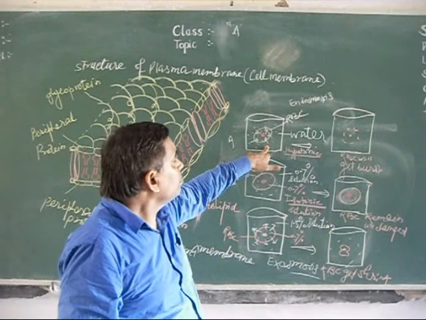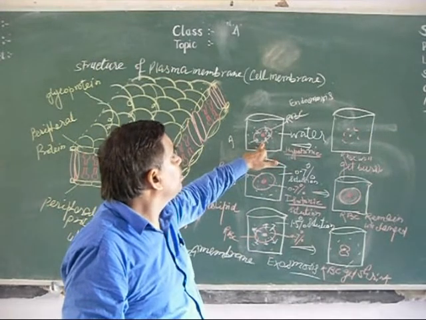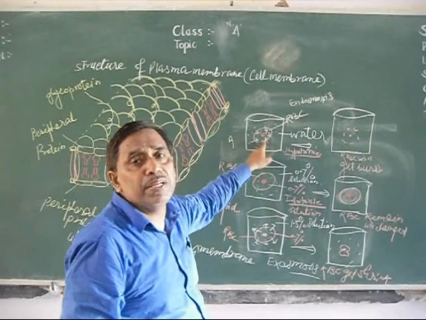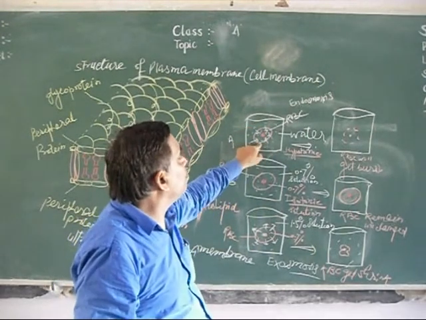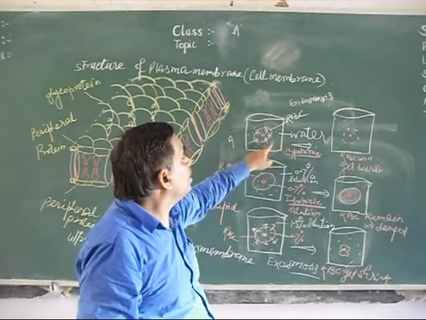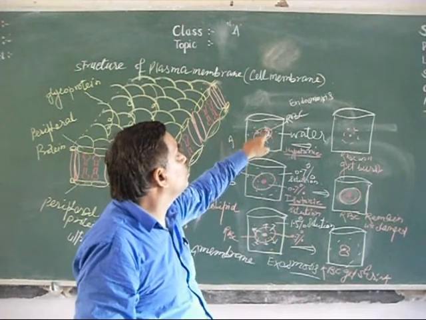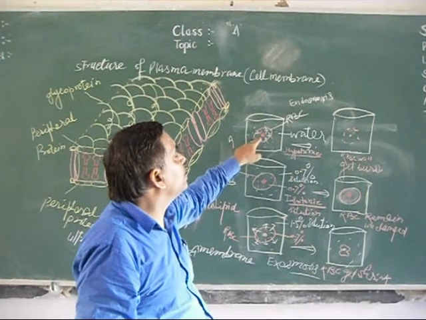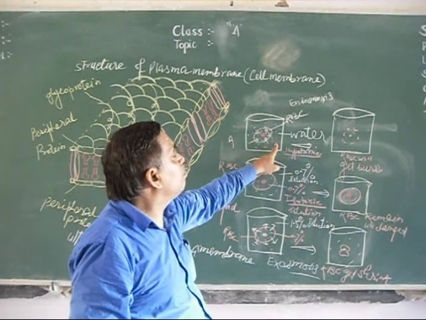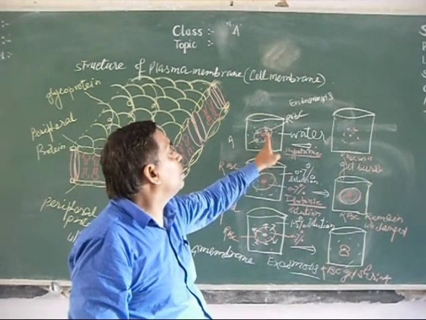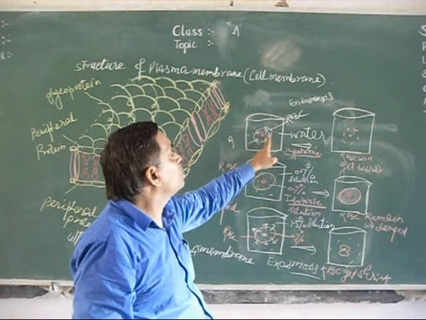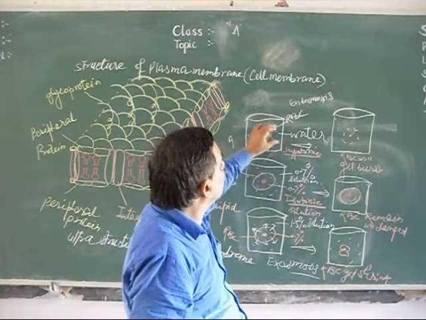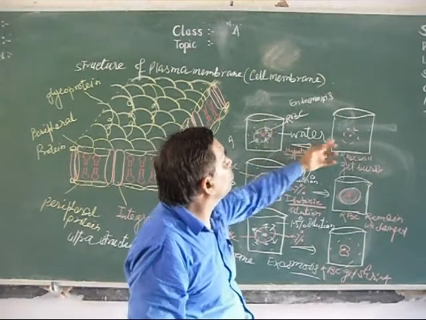Here the RBC is a cell. It is surrounded by the plasma membrane. Here we are keeping this RBC in water. The water is dilute, but in the RBC there is glucose, amino acids, and some materials present. So it is concentrated inside, and the water here is pure and dilute, so water molecules move inside through the semi-permeable membrane. This is endosmosis. Then it will swell up and burst.